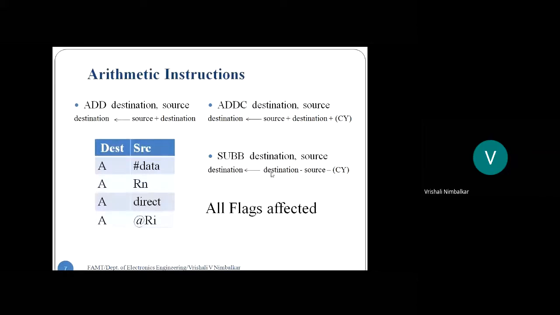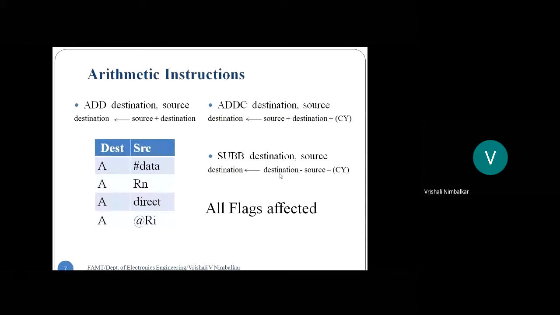Okay, so be careful with this. It is destination minus source, not source minus destination. Suppose there are two numbers, 10 and 6. When you do addition, 10 plus 6, the answer is 16, or 6 plus 10, the answer is 16. The order in which you add the numbers does not affect the result, but the order you subtract matters a lot. 10 minus 6, you will get 4. But 6 minus 10, the answer will be minus 4. So in subtraction, from whom you are subtracting matters a lot.